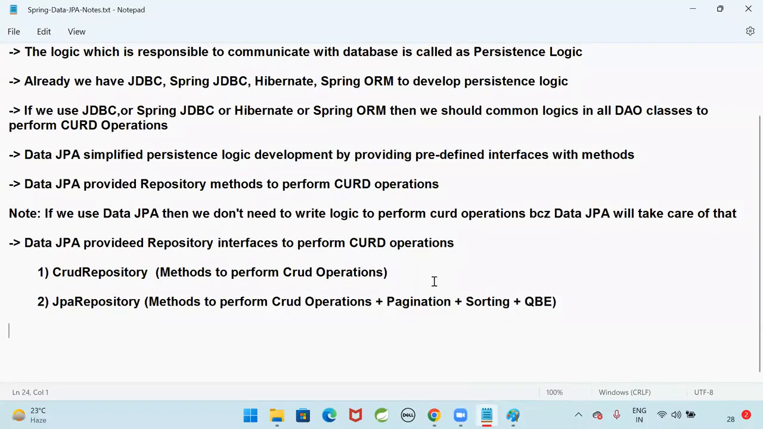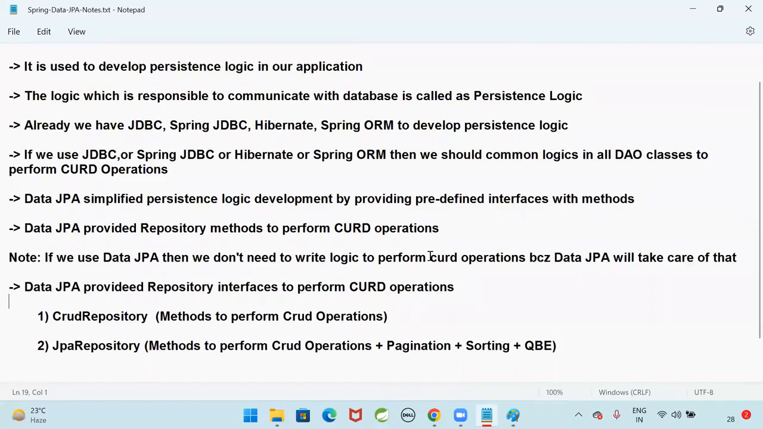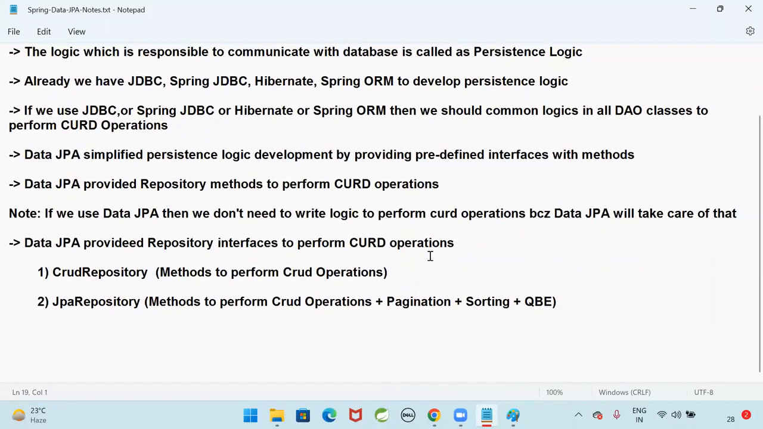How beautiful it is. Guys, do you understand how beautiful it is? We don't need to write a single method to perform CRUD operations. Those things will be taken care of by